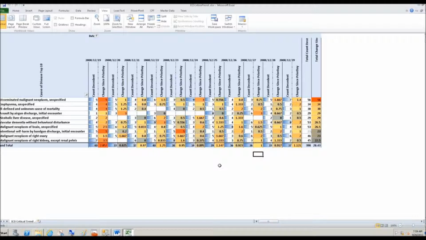In today's session, we're going to build a PowerPivot Excel workbook that will show something like a dashboard. We're going to take roughly 250,000 decedents from 2008 in California, and show the most dominant trend over the past 10 days relative to the latest recorded death in all of those citizens. Let's take the top 10 trended,